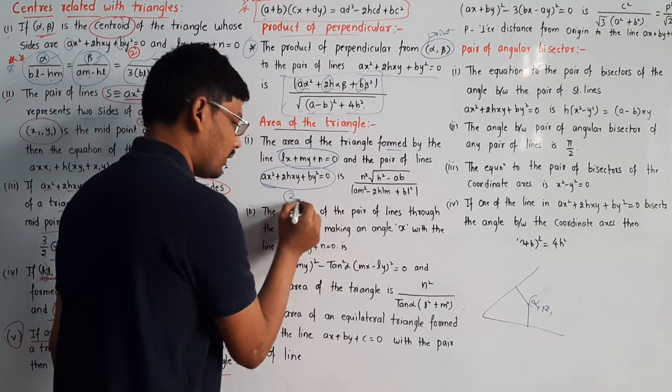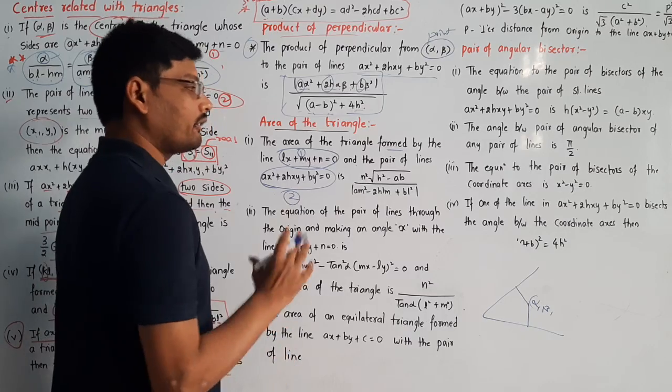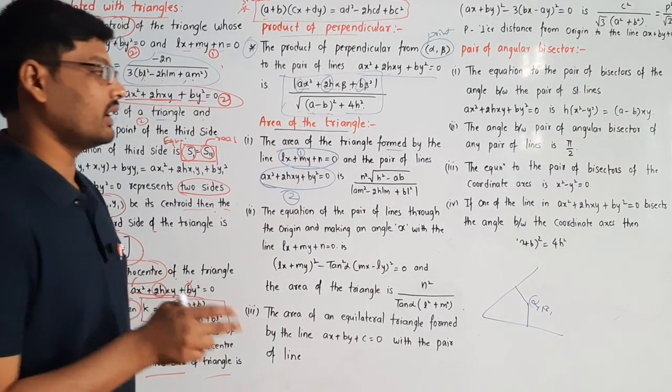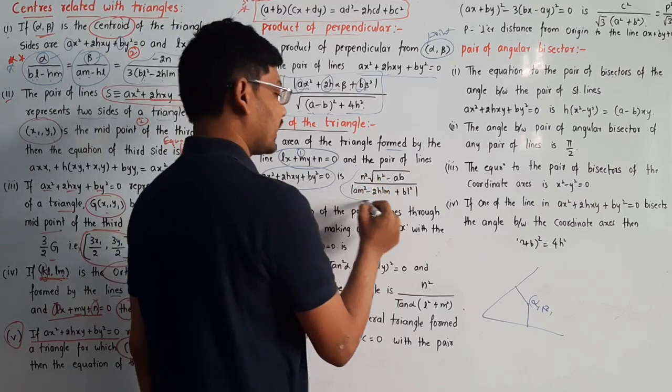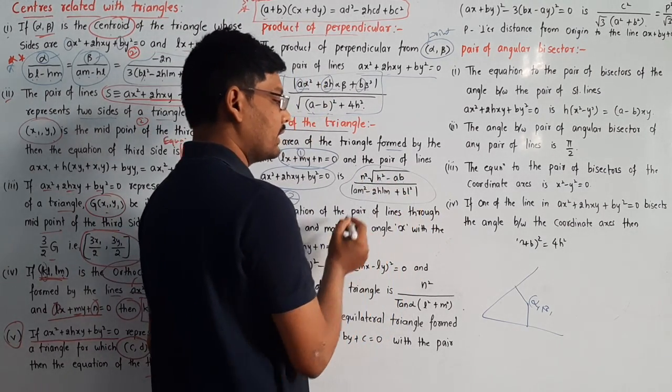This is the combination of two lines, and this is only one line, so a triangle is formed. When a pair of straight lines and a straight line are given, if you want to find the area of the triangle, this is the formula: n square into square root of h square minus ab, divided by modulus of am square minus 2hlm plus bl square,